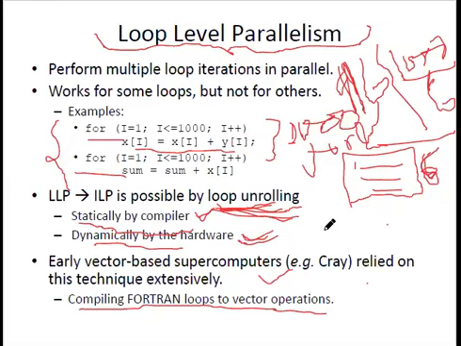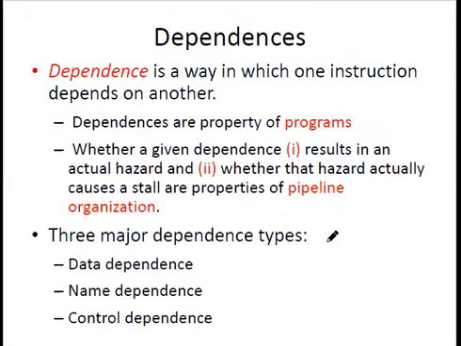So there is something called Amdahl's law. And what is Amdahl's law? Amdahl's law is a formula used to find the maximum improvement possible by a particular part of a system. In parallel computing, Amdahl's law is mainly used to predict the theoretical maximum speedup of program processing using multiple processors. There are certain dependencies which have to be handled in dealing with hazards and implementing ILP.